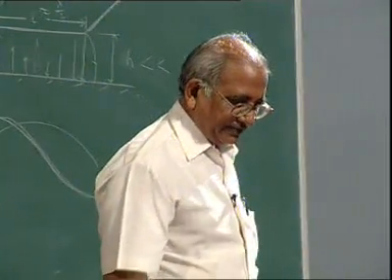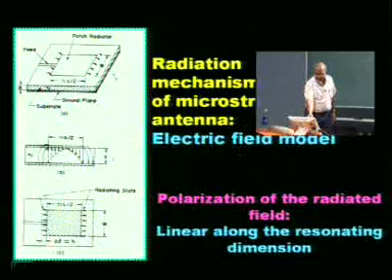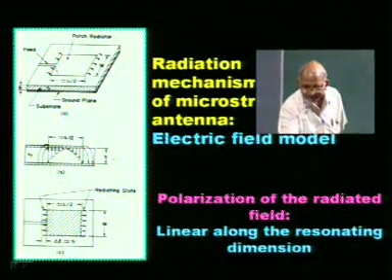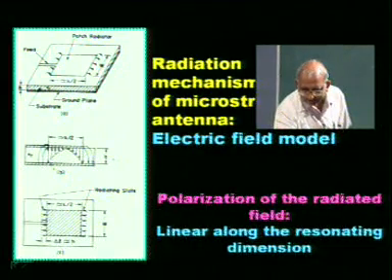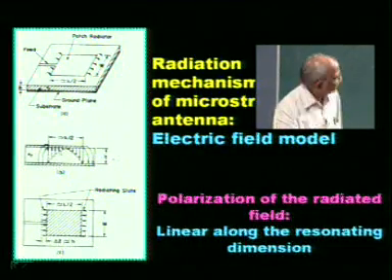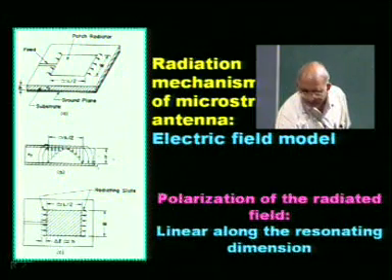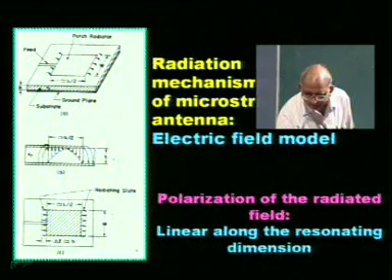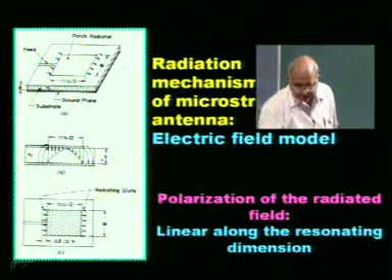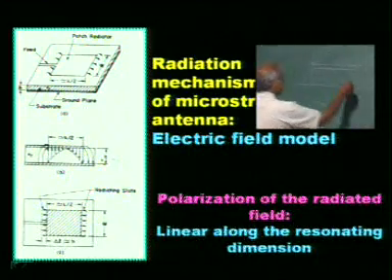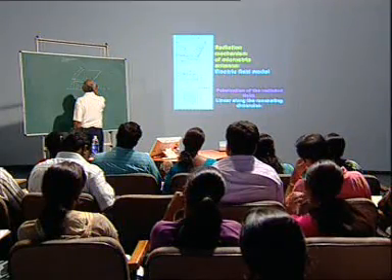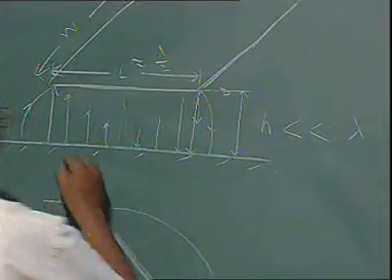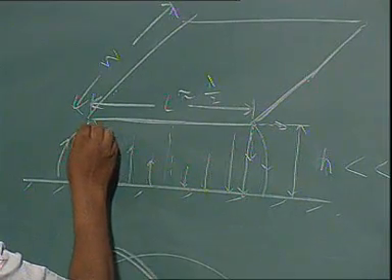And here now it talks about the same mechanism we have been talking about. That is a rectangular patch shown over here, with fringing field at these two edges. This is the feed line, and here again is the same field distribution which we have plotted over here, shown along one edge, with the fringing field etc. The separation is near lambda by 2, and now if we resolve this fringing field, there will be one component over here and one component over here. Similarly, if you resolve this one,